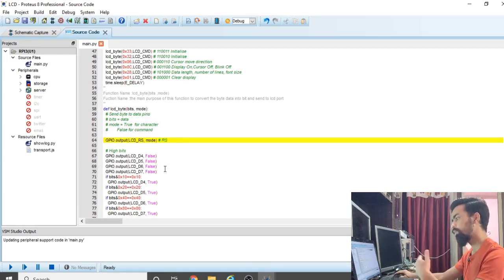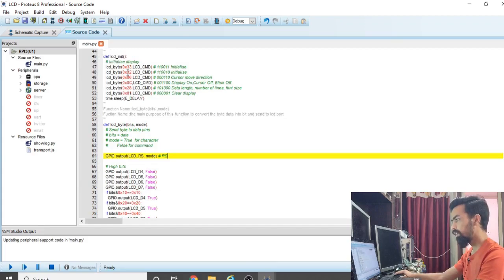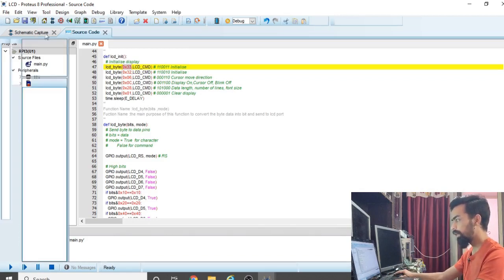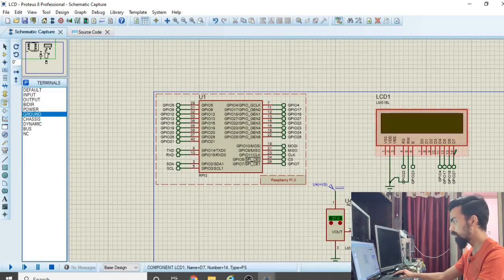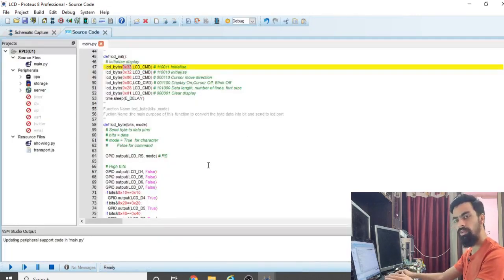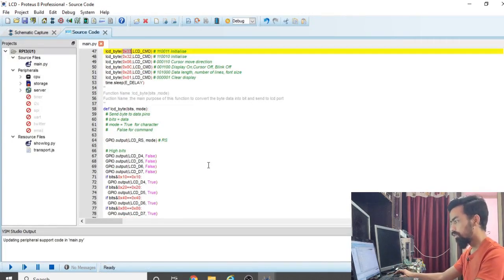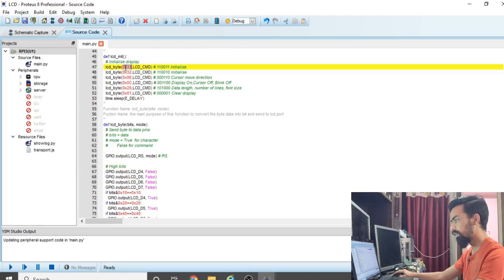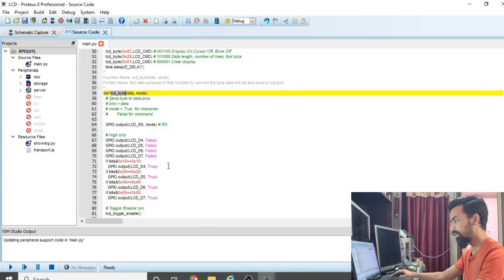Then after that we have to send the data. The data is 8 bits. You can see this is 8 bits of data, but in our schematic we use only 4 pins. So we have to segregate our data into 4 bits, so we use another logic. Once this 33 number is sent to LCD byte, it comes here.